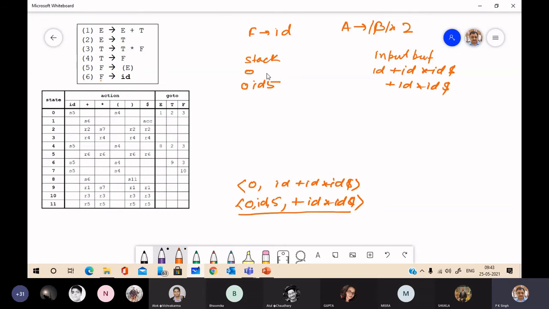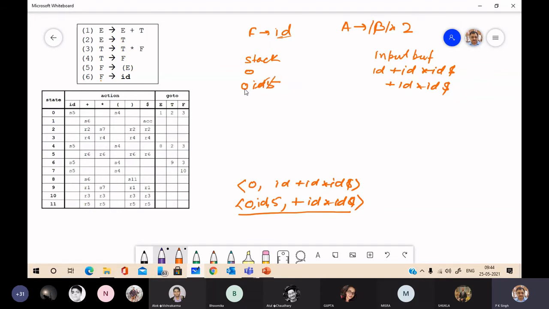So here we have to pop out mod beta into 2 symbols of the stack. Mod beta is 1, only 1 identifier, and into 2 is 2. So you pop out 2 symbols of the stack.